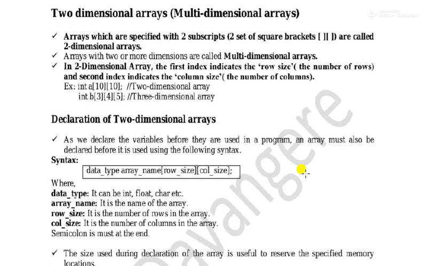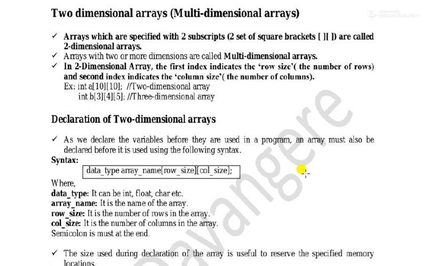Now in today's video we continue our discussion. Our next type of array is the two-dimensional array, and we can call it a multi-dimensional array. More than one dimension we call a multi-dimensional array. Here we first discuss the two-dimensional array. A two-dimensional array contains two dimensions, both the x-axis and the y-axis. Here we represent the array in the form of a matrix, so the data are stored in the array in the form of a matrix.